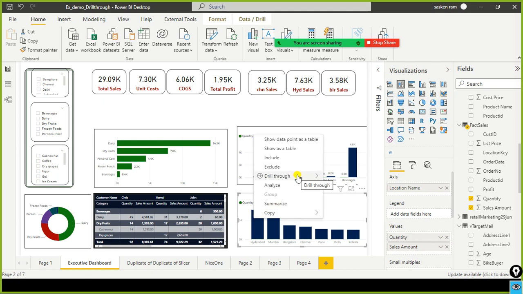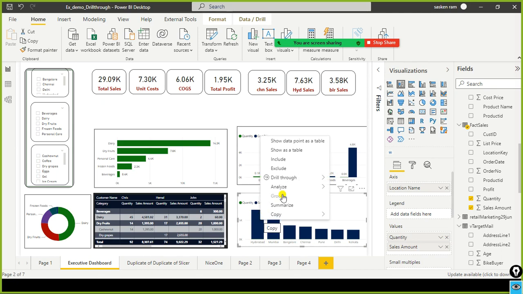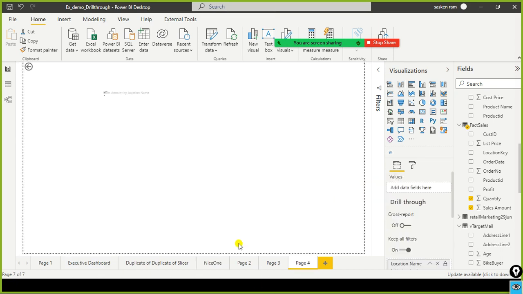Drill through enabled. So in this case I selected Hyderabad. When I send it to page 4, see, it shows correctly page 4, because we have dedicated page 4 for location related filtering.